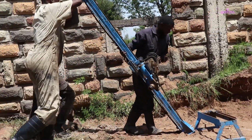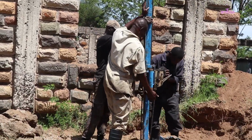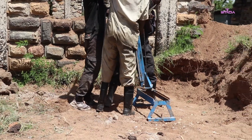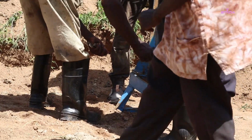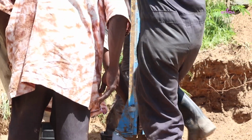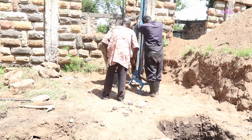We have something we call a mast. This is an equipment that is used to raise and lower the rig during drilling. So when you are drilling, it brings the machine down. When you are removing the stems from the hole, it brings the stems up. So basically what we do, we drill 100 feet, and when we've reached 100 feet, we will remove all the stems. The stems are the